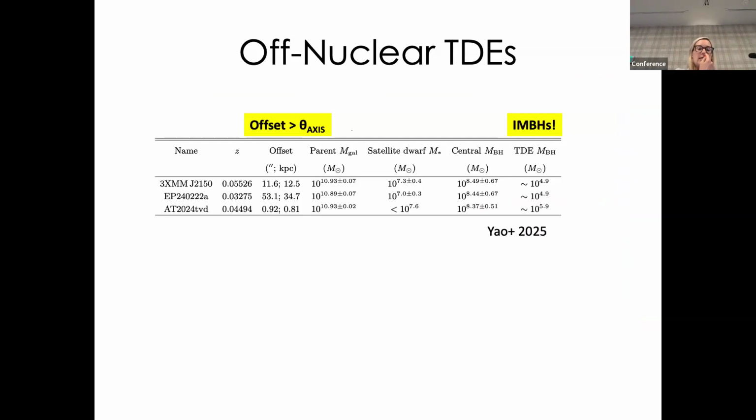So when you look at these three systems, what's really fun is the central galaxy you expect to have quite massive black holes that would not be able to disrupt a star. But these offset TDEs appear, based on their X-ray properties, in fact, to be genuine intermediate mass black holes, so less than 10^6 solar masses, maybe down to 10^5 solar masses. And what's nice for AXIS is that their offsets are on the scale of 1 to tens of arcseconds, so certainly within the spatial resolution capabilities for follow-up.